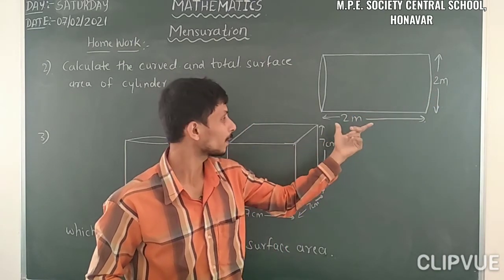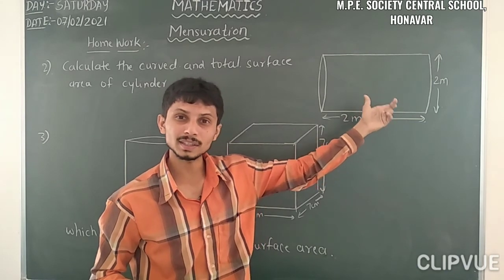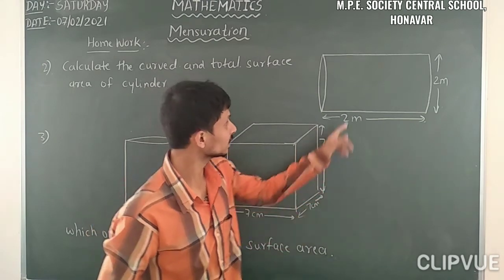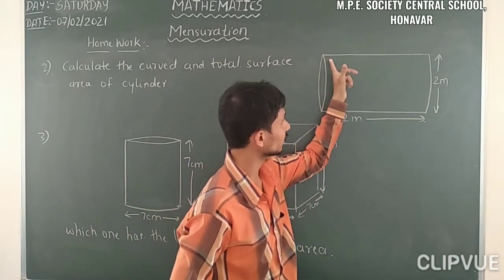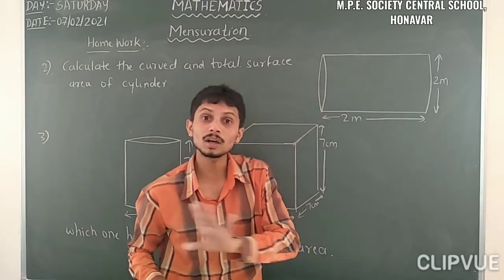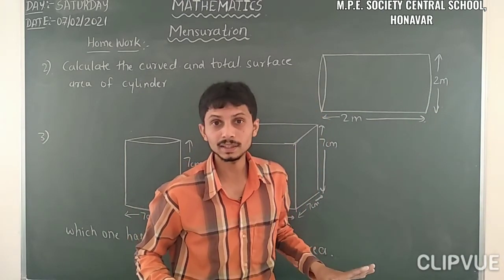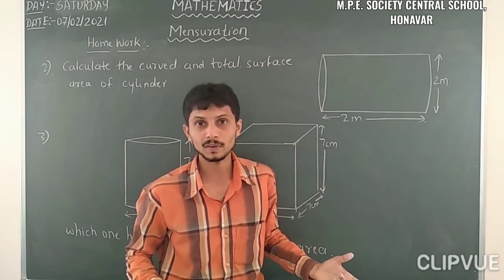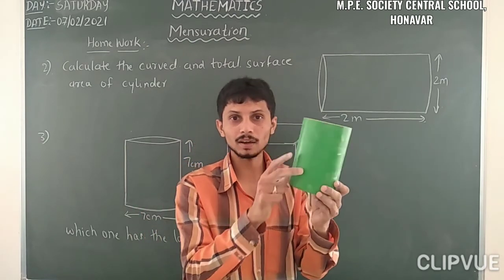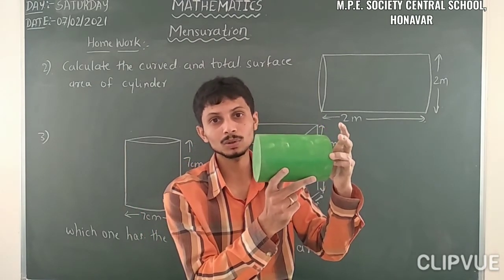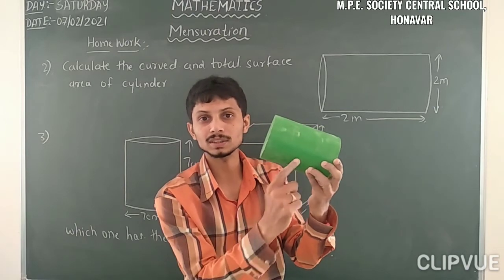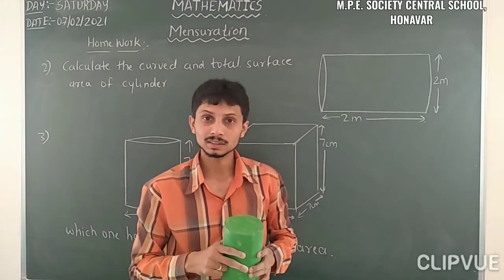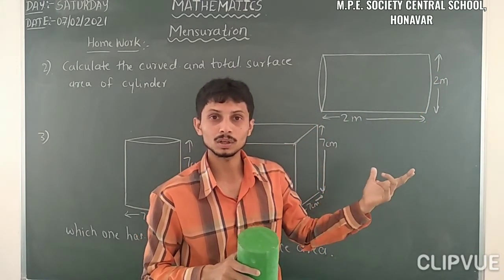Just observe, both the values are the same, so there is no confusion. The circular part here is nothing but the diameter, not the radius. That's why you have to find out the radius first and then insert the value. Initially we have this vertical view, and this is the horizontal view. The length means the height of the cylinder, and this is the diameter of the cylinder. So we have to convert it into radius first.